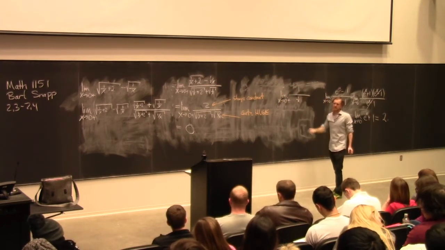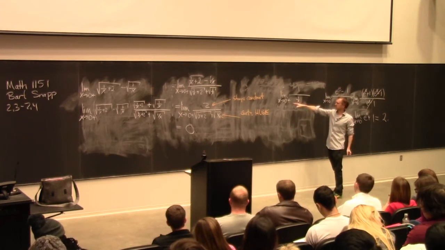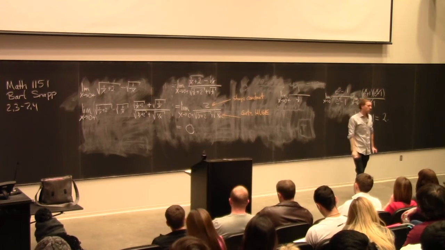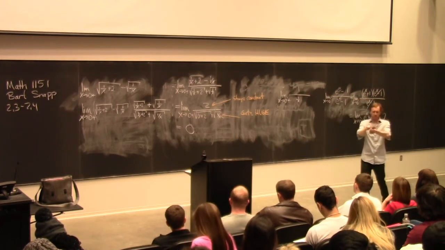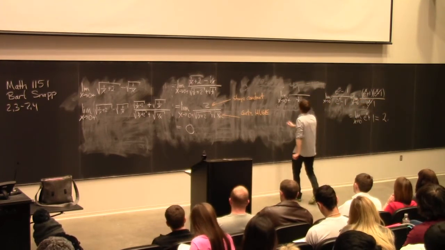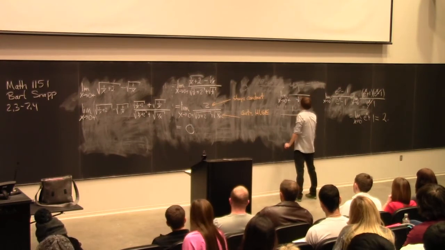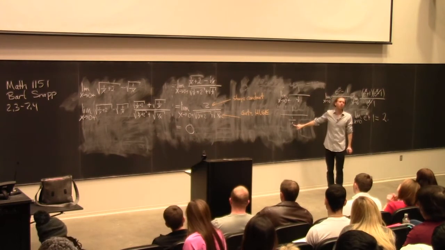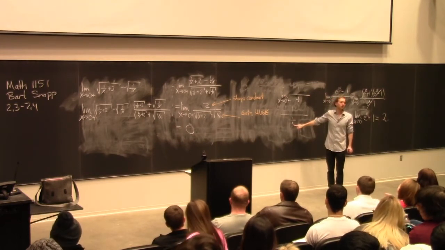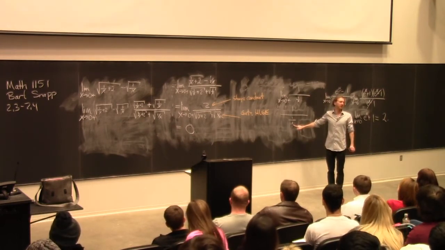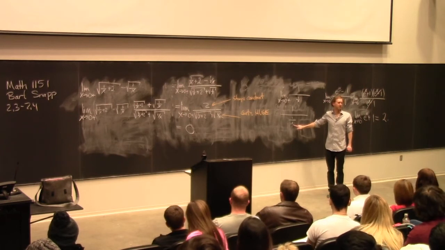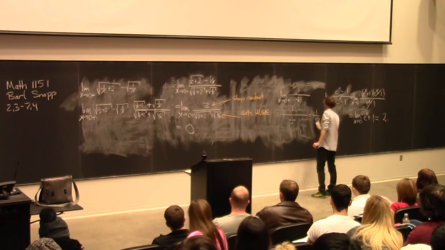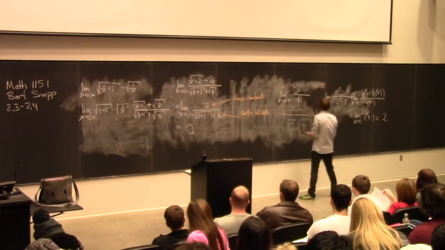One over x, like this. Limit as x goes to 0 from the right. So x is going to 0 from the right. What we're going to do is get out our calculators and plug in our favorite little numbers. So this is like saying 1 over, what's 1 divided by 0.1? You can do this in your head, and if you can't, you're going to learn today. It's 10. This is equal to 1 over 0.1, which is 10. What's 1